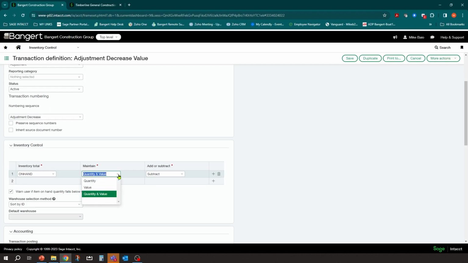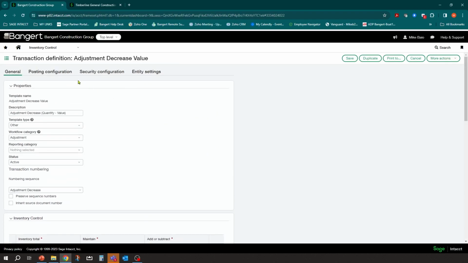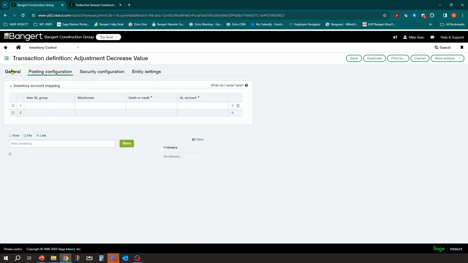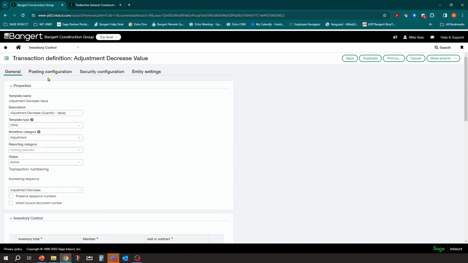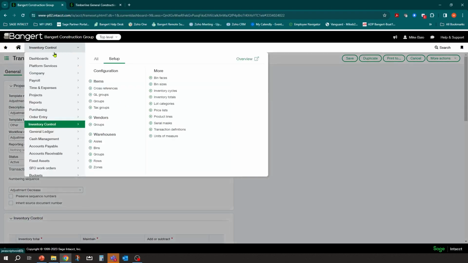So in this scenario, it's quantity and value, subtract, boom. But if you need different scenarios, you can set them up here based on that. Okay. And this one's a do not post, but you can also have it reduce your inventory as well, depending on your setup. So let's go ahead and do some workflows.